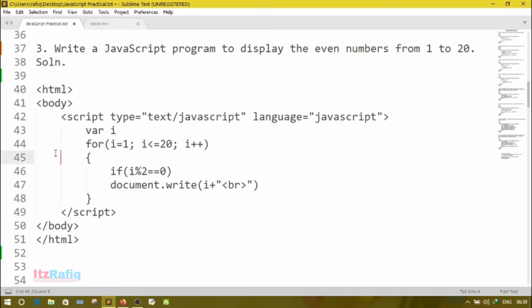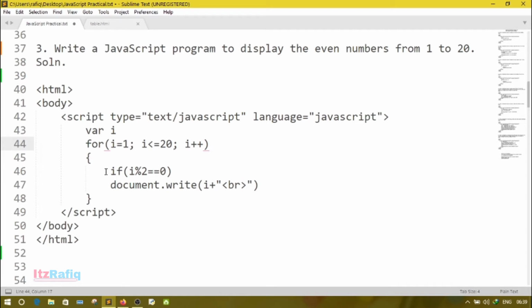To write these programs, I can use either while or for loop, or even do while we can use it. I have used here for loop. The first 3 lines are compulsory. Then I have taken one variable, started the variable from 1. It will run till 20 and each time increment by 1.